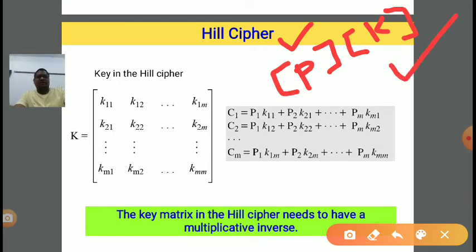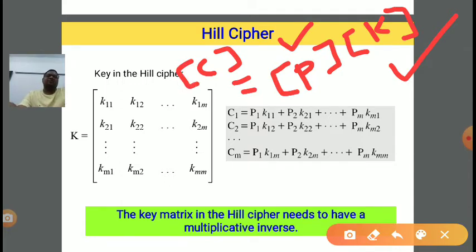K is already in matrix form. P needs to be converted from normal text into matrix form. Then we multiply the P matrix with the K matrix, and it will generate a new matrix called C. C is the ciphertext matrix, right?